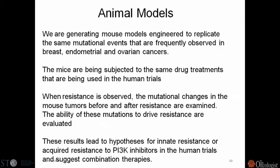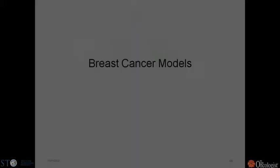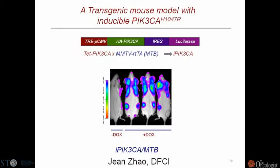And what we're finding is the closer you get to engineering in the mutations that you actually see frequently in the human disease, the better the mouse model actually reflects the drug sensitivity that you see in the clinic. So I think problems with mouse models in the past have generally been that we're still not engineering necessarily into the right cell or the right mutation to mimic what's actually happening in the human disease. So I'll talk about some breast models that are being developed in our